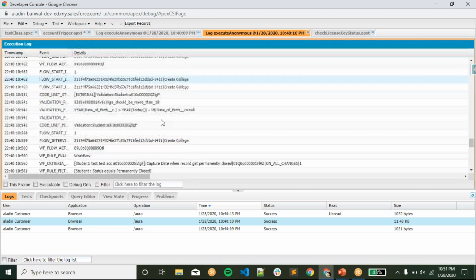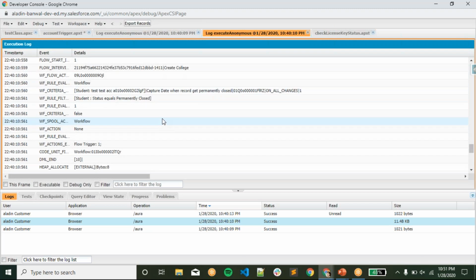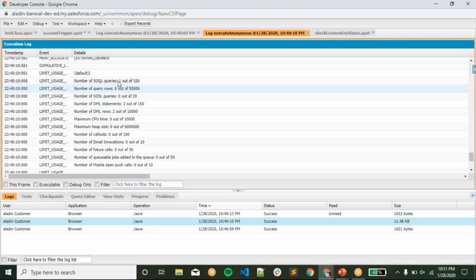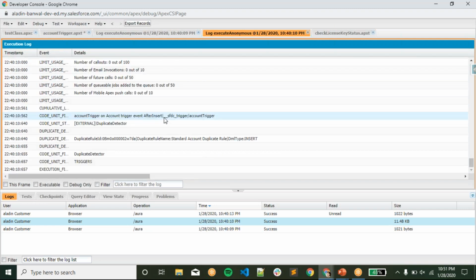So all the transactions which are happening you can see over here. For this transaction you can see the limits. How many DML: two DML have been fired, one SOQL has been used, and two DML rows have been retrieved. So these are some data you can see by using the debug log.